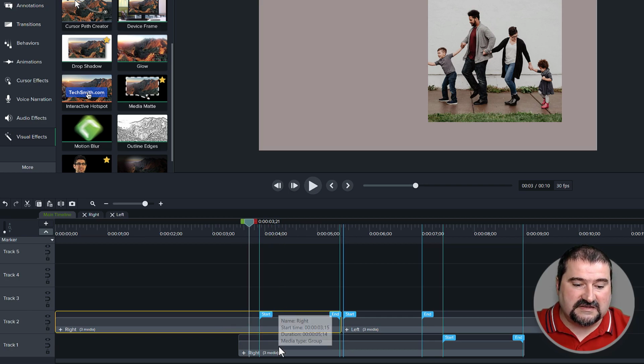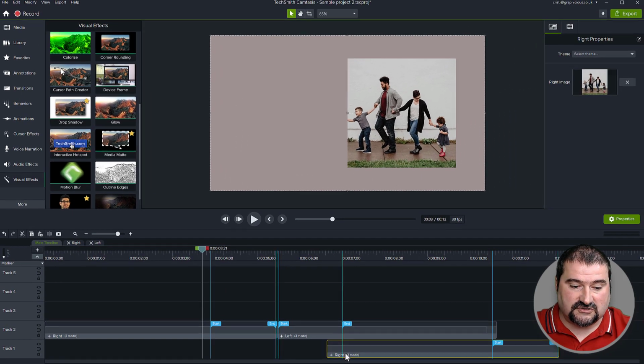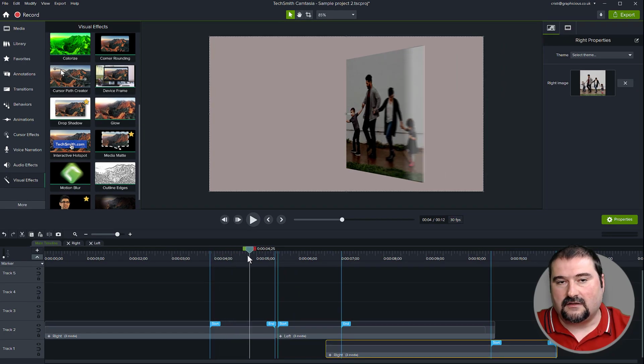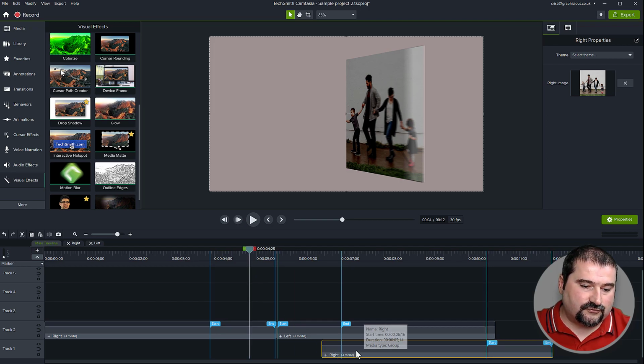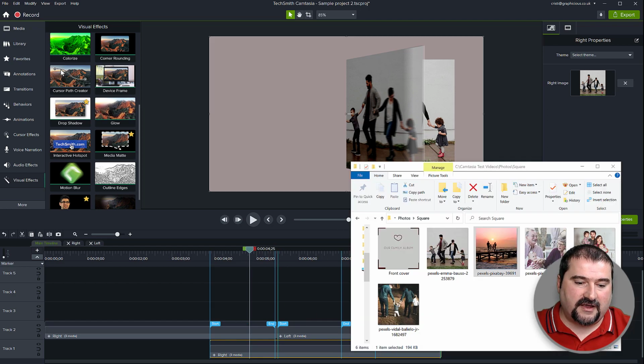Right there, which means my right page needs to exist here, because if it doesn't, look, let me just show you, it starts to flip and I can't see anything underneath. And it doesn't look like my flipbook has any more pages. But if I bring this in, you can see the other page in there. And of course, I'm going to go to my hard drive.